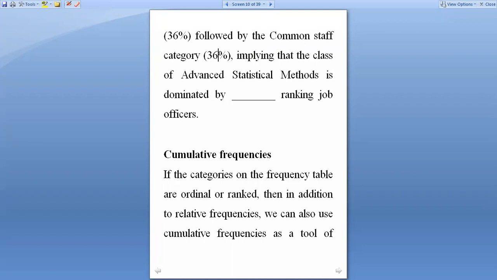I am now rounding off to the nearest whole number, if you want,